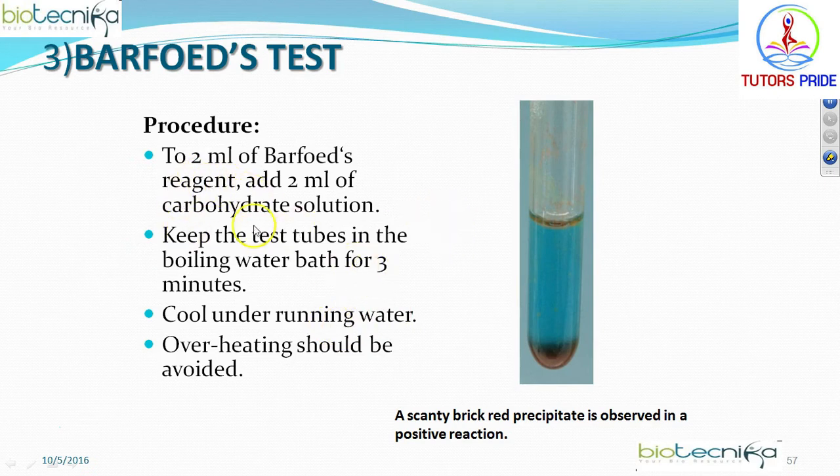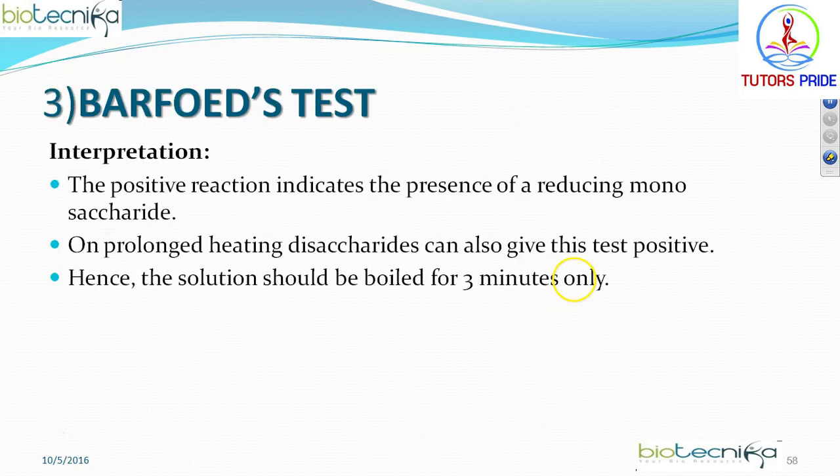As you can see, 2 ml of Barfoed's reagent and 2 ml of carbohydrate solution are there. Carbohydrate solution means how much? That 1% solution, whatever we have prepared initially, 1 gram in 100 ml. Keep the test tube in the boiling water bath for 3 minutes. Then cool under running water. Overheating should be avoided. We should not heat